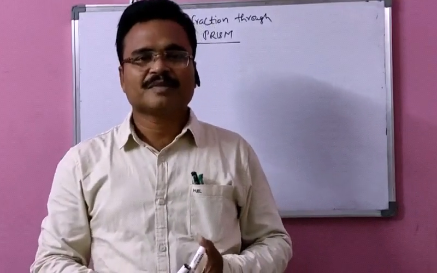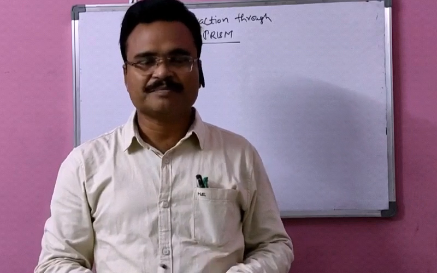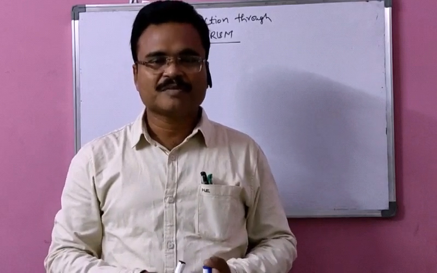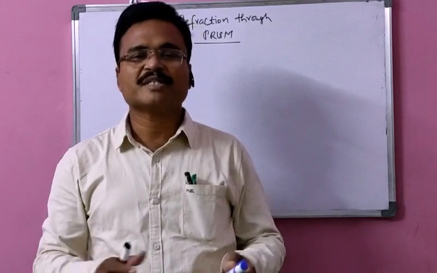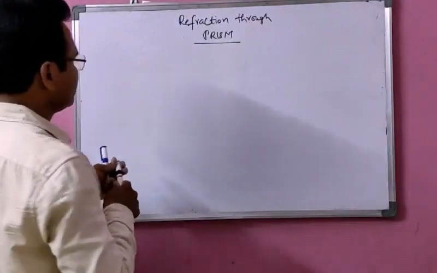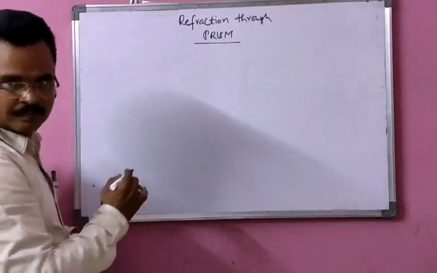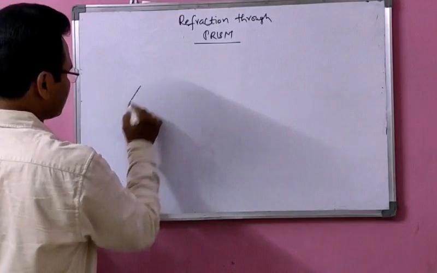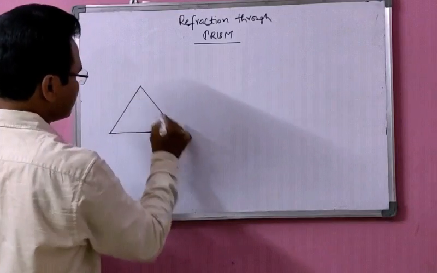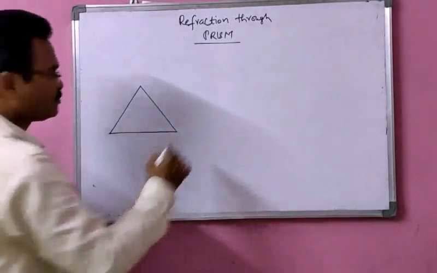Hello students, today I am going to explain the refraction of light through the prism. Before going to that, I would like to give you some description about the prism. A prism contains two triangular surfaces